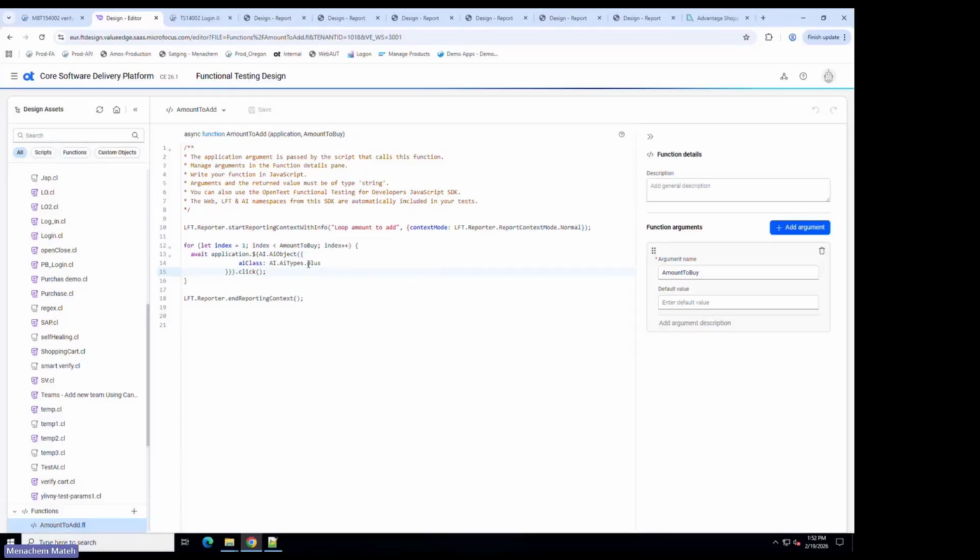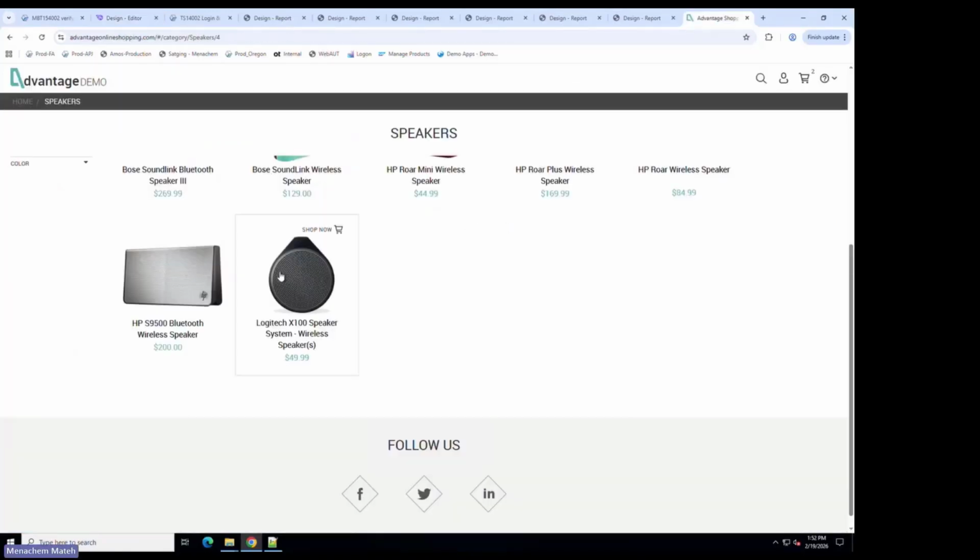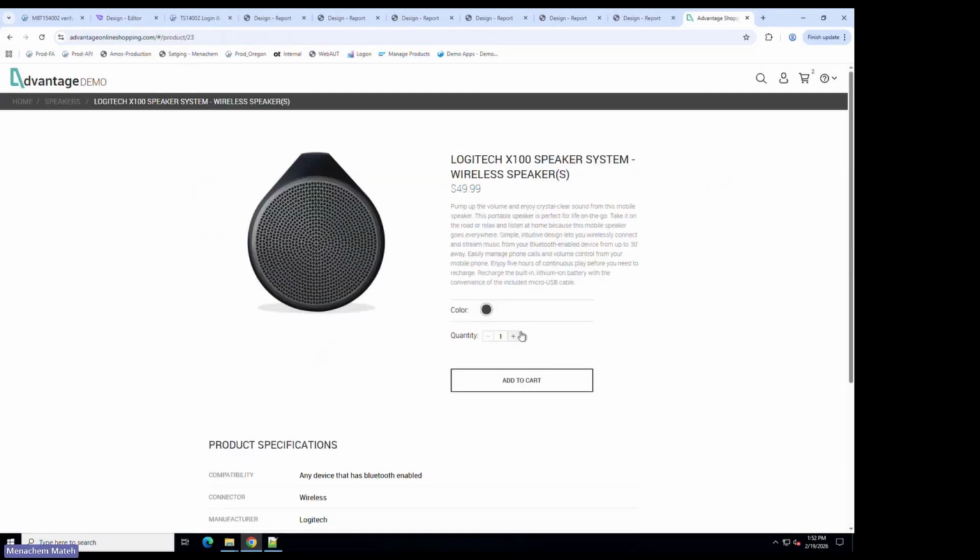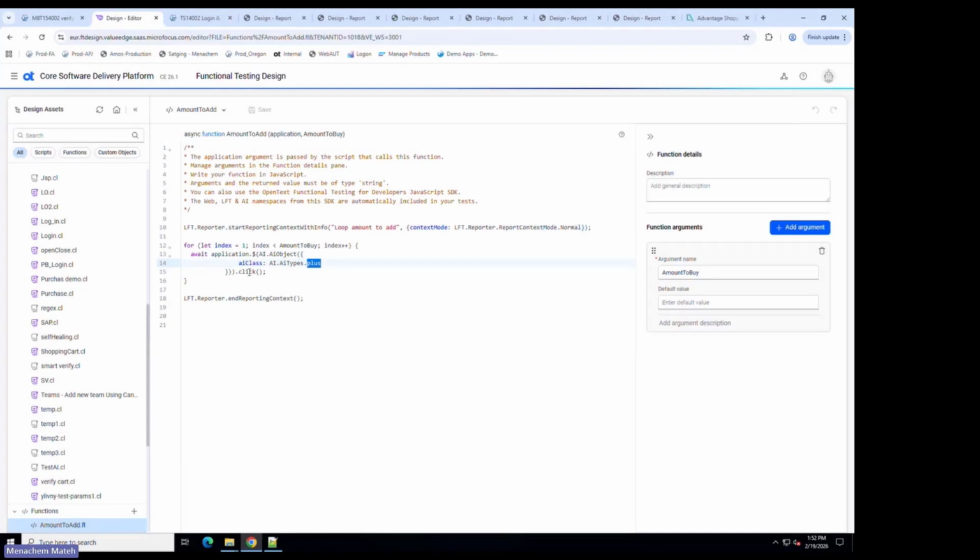In this case, we're running on the plus, which is, let's see, an example. We're running on this plus, and we're telling it how many times to do it. So we perform a click, and we do a loop until we get to this amount of times that we want to do it. And then we continue with our script,